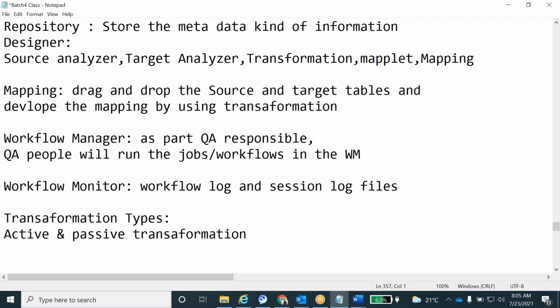So an active transformation is whenever we apply transformations from source to target, the number of records should change based on those transformations. Those kinds of transformations we call active transformations. While applying a transformation, if the number of records does not change from source to target, those kinds of transformations we call passive transformations.